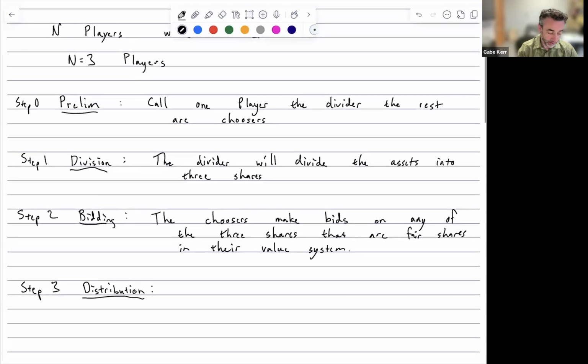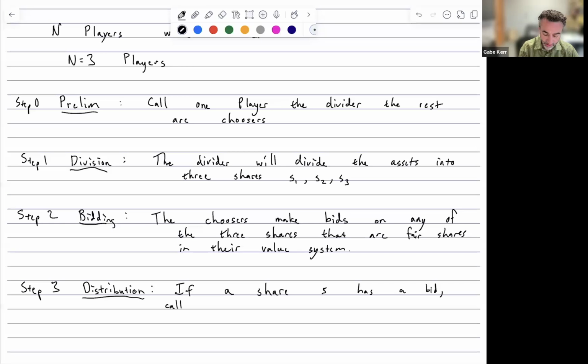Let me tell you what I mean by that. Remember we have three shares, maybe I should have said that. Let's call the three shares S1, S2, and S3. Apologies. So if one of these shares, S, has a bid from either of the two choosers,